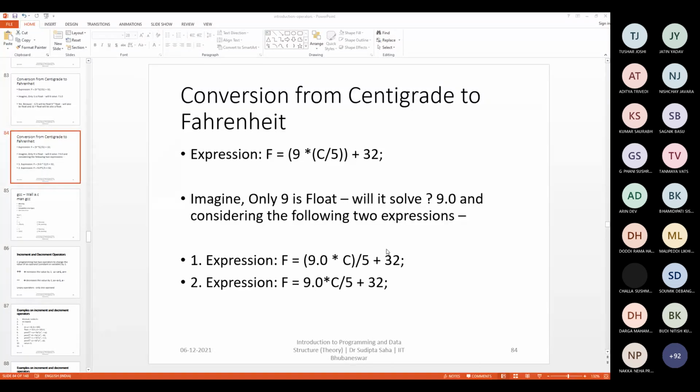Group 2, everyone is present. 6th of December, 10 to 10:55. Another one for group 2, everyone is present, 6th of December, 11 to 11:55. Okay.